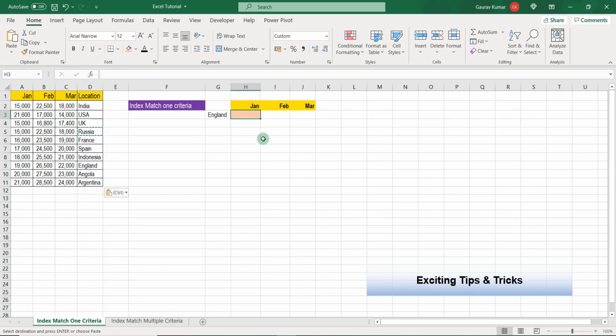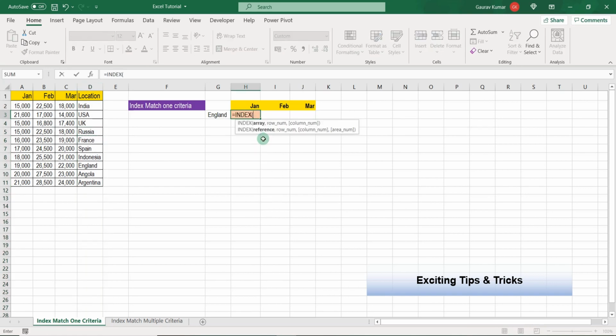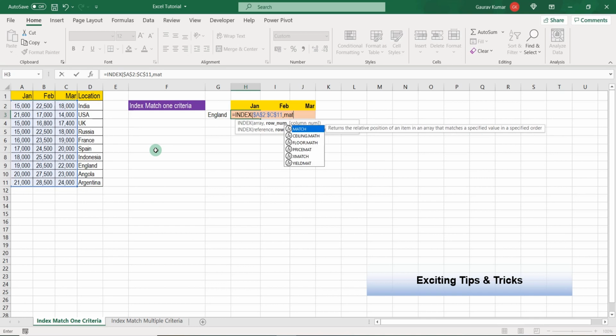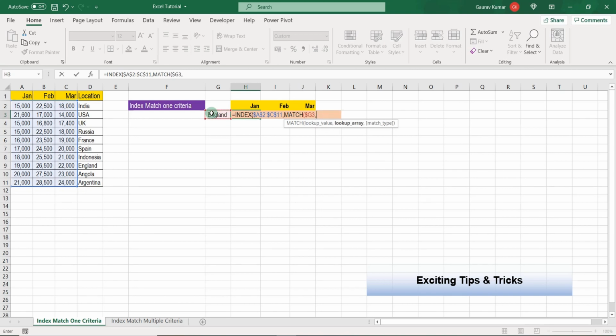So here we will start with index match equals to INDEX. The first argument in the syntax is array. So this is the array where we have revenue numbers. The next argument you can see is row number. Here we will use MATCH. Now the syntax is lookup value. So this is our lookup value, comma, lookup array. So this is the lookup array where we have locations, comma. We will enter 0 because we want to see the exact match,